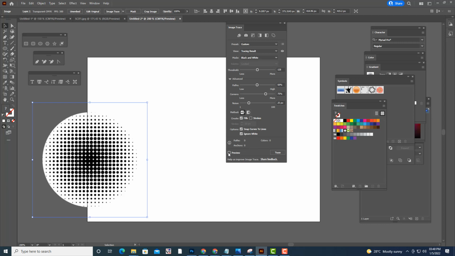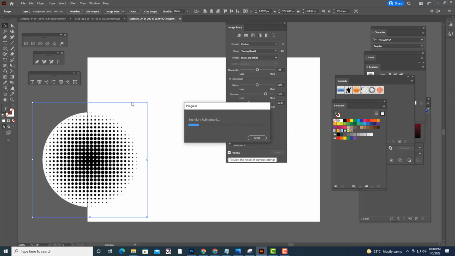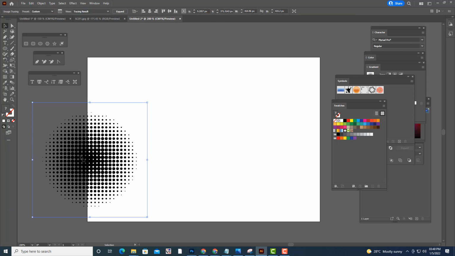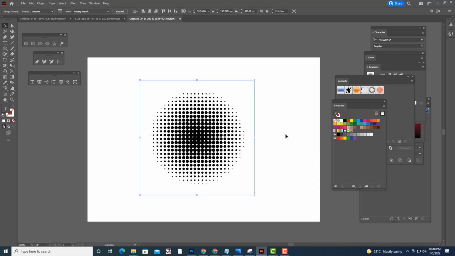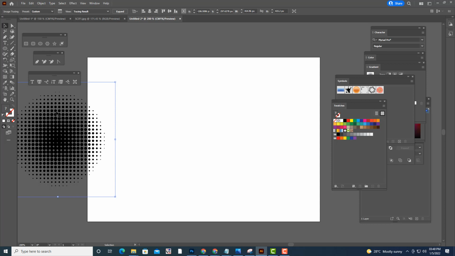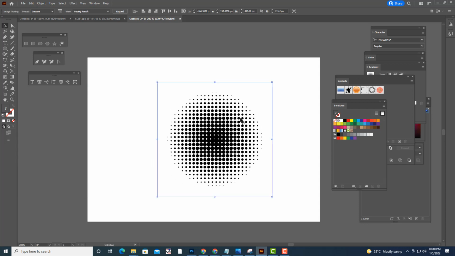Okay, so what will happen? It will remove the white color. See, now all the white is gone and only the dots are present here. See, only the dots are there. You can check here. Keep it here, so white is not present. Right, so now only the dots are there, and we will give some red color to these dots if you want.